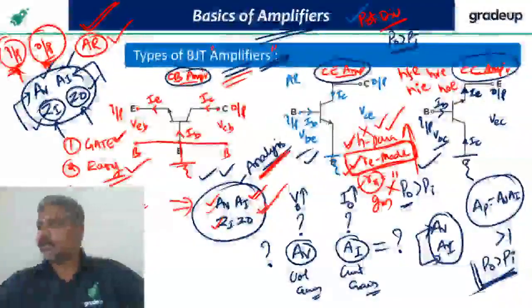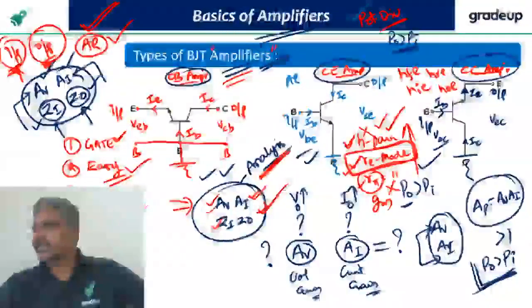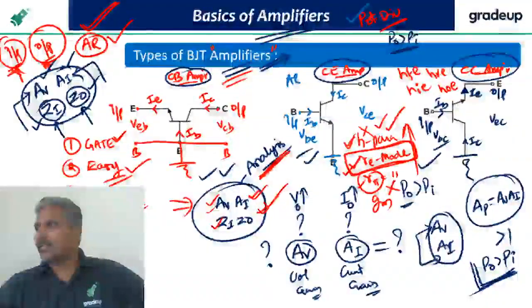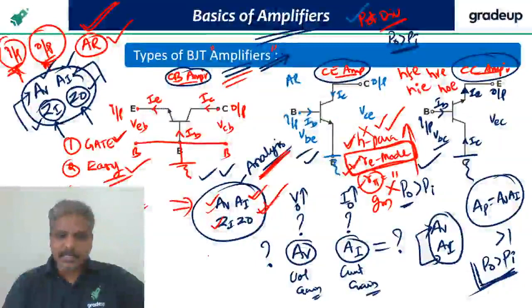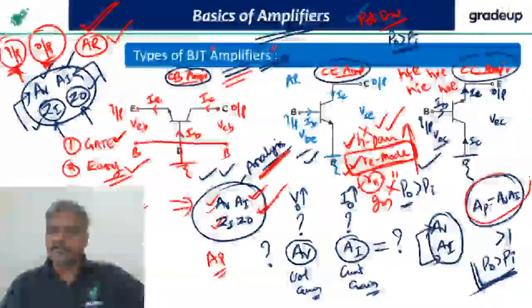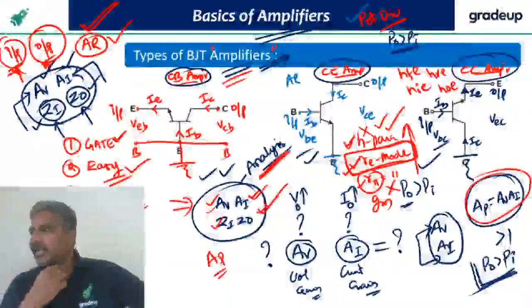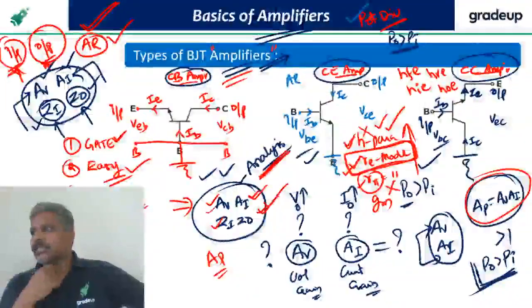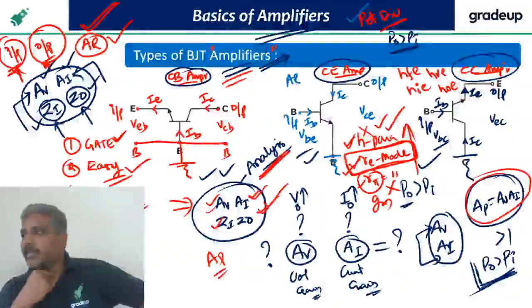So let me see what are the questions. Okay. Voltage gain, current gain, very good. Sir, how much power is increased, then represented by which gain? How much the power is increased is represented by AP, power gain. What is AP? AV into AI. Zi should be high, therefore we can neglect the voltage drop at the source resistance. Exactly, Satvik. That is why we want to know how much is the Zi value.